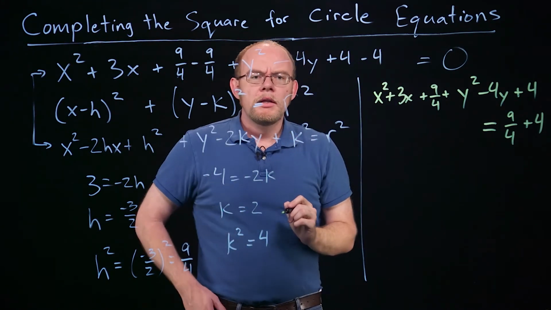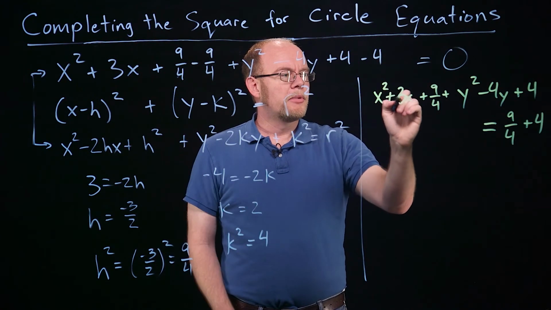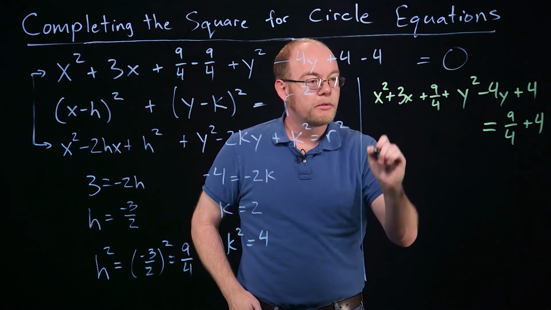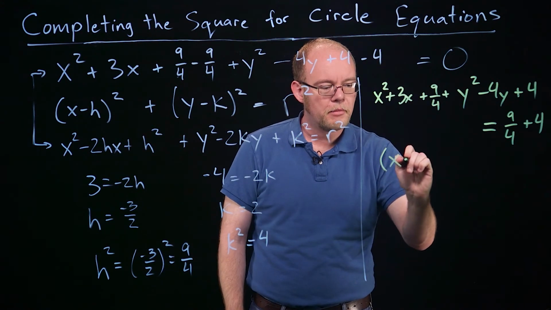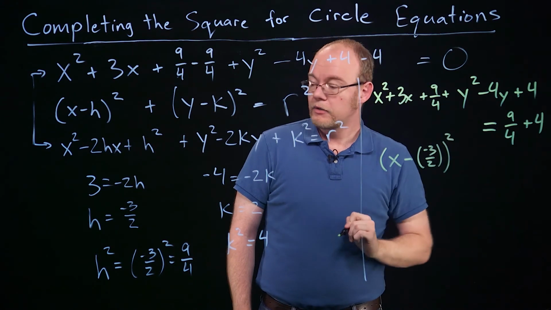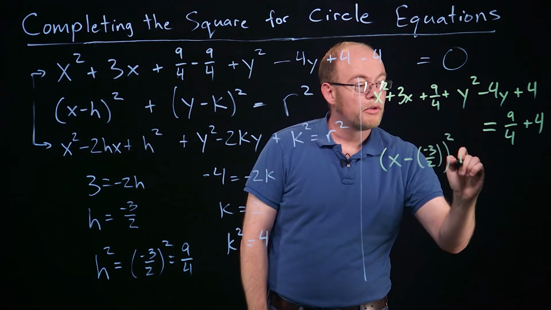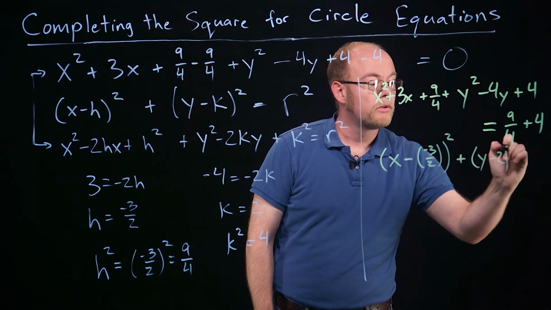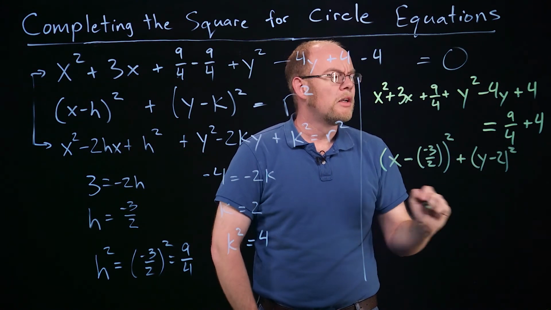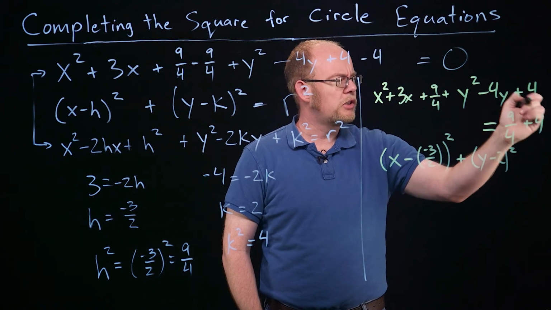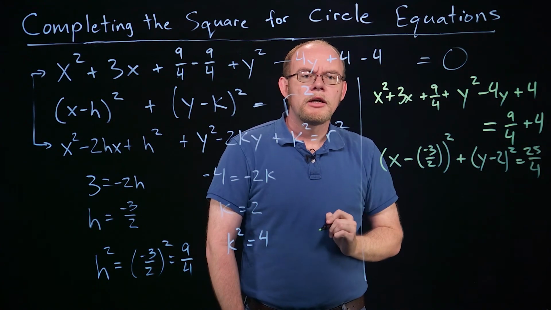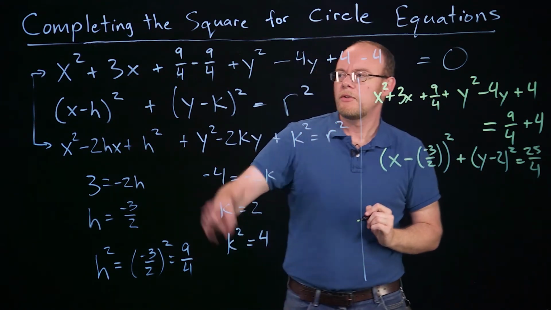Okay? Now, if I look at this, this is x squared plus 3x plus 9/4, and that's exactly x squared minus 2h plus h squared. So I can rewrite this term as x minus h, which is negative 3 halves, squared, because that's what I had from here, plus y minus 2 squared, which will be this right here. And then I have 9/4 plus 4. If I add those together, that's 16 over 4, so that's going to be equal to 25 over 4. Now this is in the same form as this equation here,